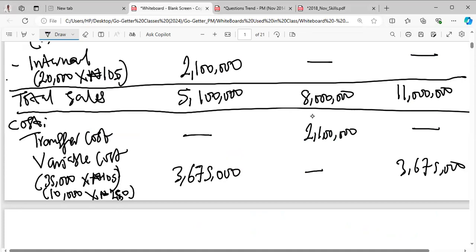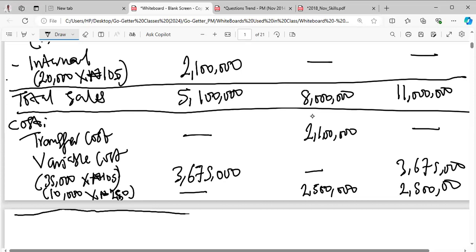So I'll put a dash here. This is 2,500. Okay, so when we add these costs,